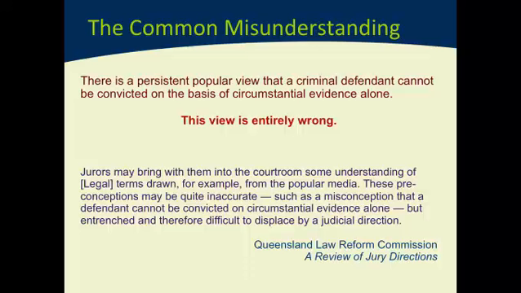So how do we do that? How do we test circumstantial evidence to make sure that the inferences that are being asked to be drawn are sufficiently likely? We do that by applying what's called the Shepherd test. We've already introduced you to the case Shepherd and the Crown. That case gave rise to the test which has now become regarded as the fundamental test for assessing the strength